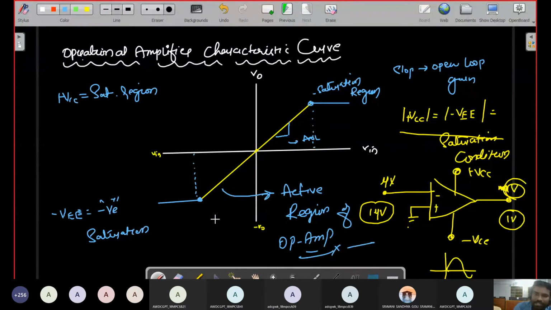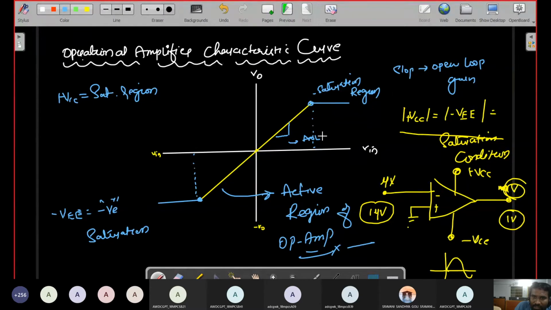In the saturation region, the output voltage is maximum and constant. Saturation region means it is a constant region. After that, as your input signal is increasing, your output signal is amplified for a particular situation. Once it shows some increasing signal, after that the value will be constant in this region.